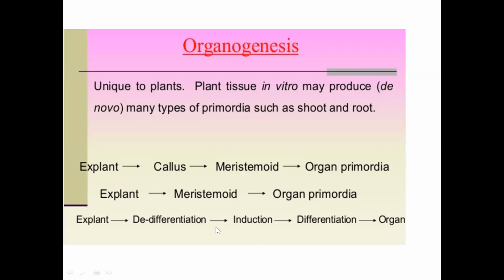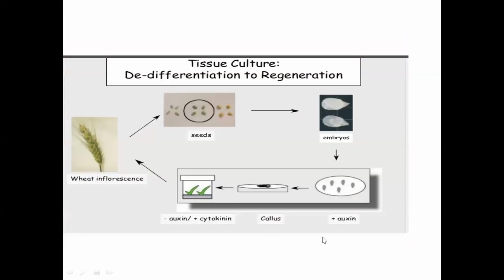This is the natural path of plant growth. It is seen even in in vitro conditions. As you see in the natural condition, the same concept applies in the in vitro condition also. So this is wheat inflorescence, you get the seeds, you get the embryos. Okay, same thing, you can get the wheat inflorescence by micropropagation also through callus.